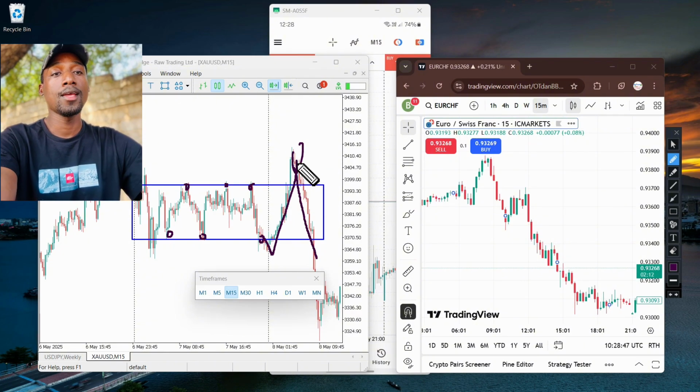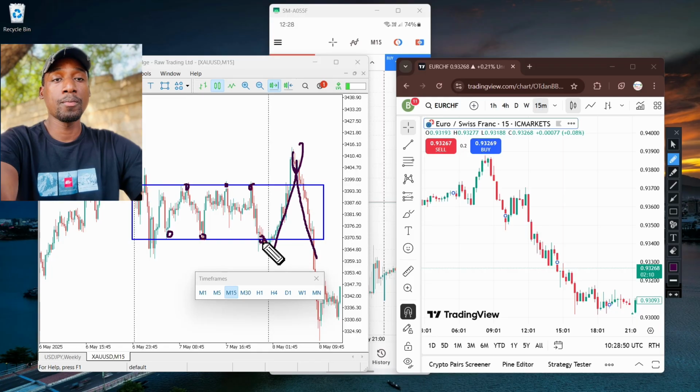We are looking to make a sell. We are looking for it to break here and break this side, and then we're taking sells on this side. Are we together? You can also trade within the channel, which means when you are trading within the channel, you're